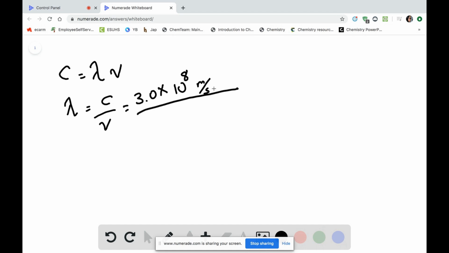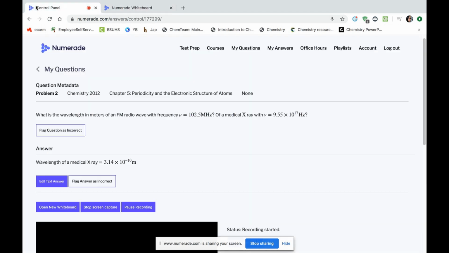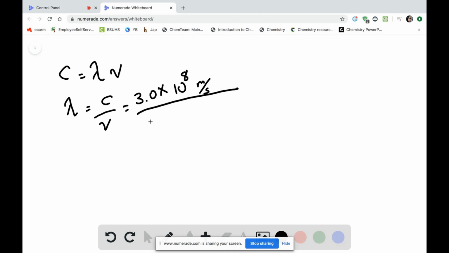Let's go to your nu, or frequency. Frequency in this case is 102.5 megahertz. Don't get confused: the big M is not the little m. That little m is a meter. This big M is a mega. That's an H, by the way. Sorry about that. All right, so what you're going to do is you're going to